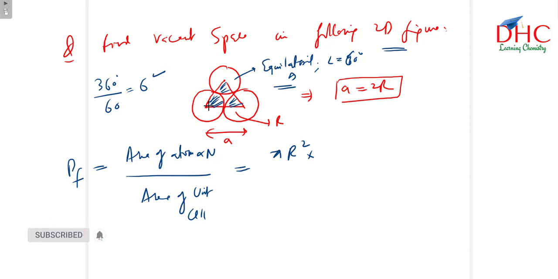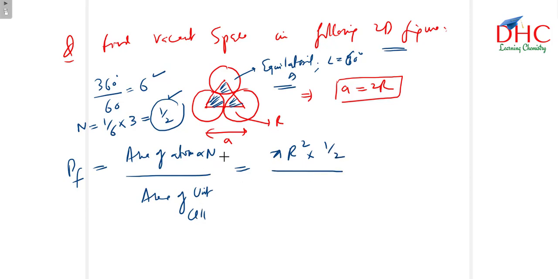जब ये कंट्रीब्यूट करेगा 1/6 तो एक कंट्रीब्यूट करता है 1/6 पर यूनिट सेल, तो 3 कितने कंट्रीब्यूट करेंगे? सो नंबर ऑफ पार्टिकल्स विल बी इक्वल टू 1/6 into 3। एक कंट्रीब्यूट करता है, कितने हैं? 3, दैट इज इक्वल टू 1/2। तो वो हाफ पार्टिकल है। सो इन ट्रायंगुलर वाइड वी हैव हाफ पार्टिकल। सो पुट द वैल्यू हियर 1/2, होल डिवाइड बाय कीजिए एरिया ऑफ यूनिट सेल।